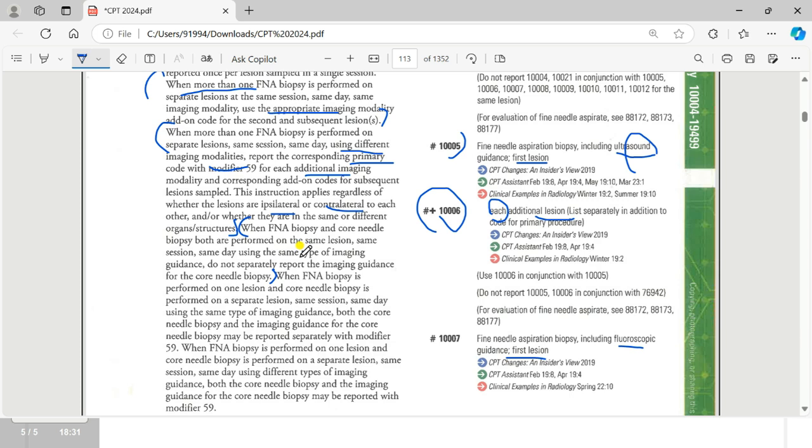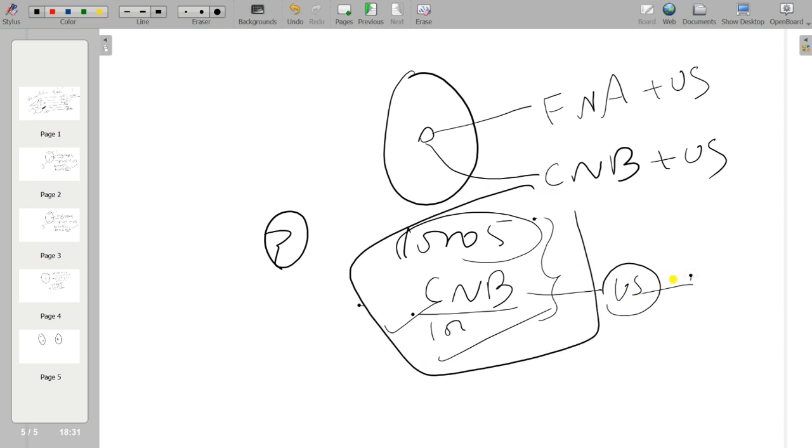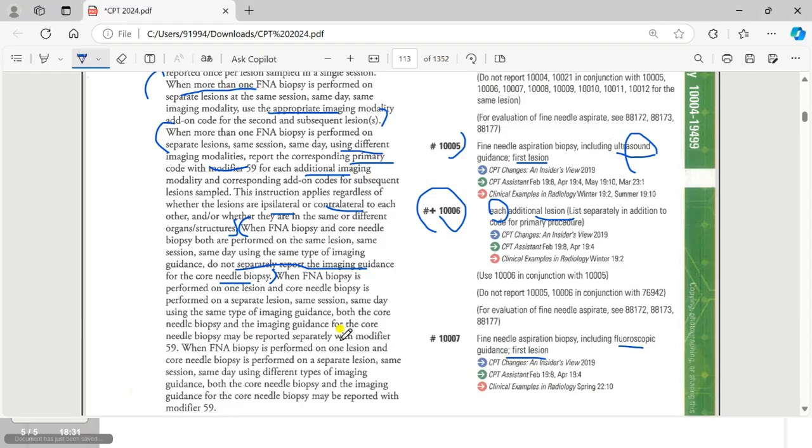The same thing here it is saying. See, when same imaging is used, do not report again the imaging guidance for the core needle biopsy. Only core needle biopsy particular code is enough. That's it. Okay. Again, don't report ultrasound separately because already it is included in the fine needle aspiration. Okay. Now let us see another guideline.